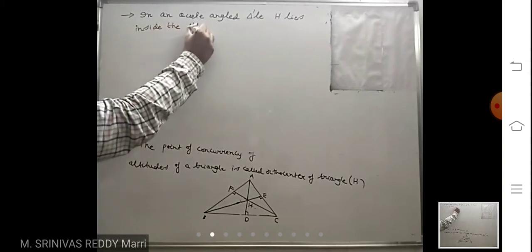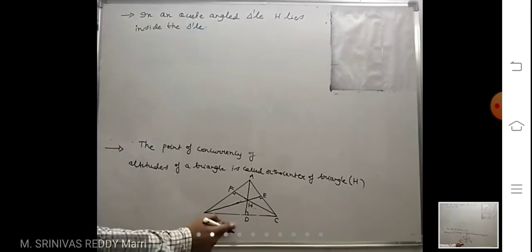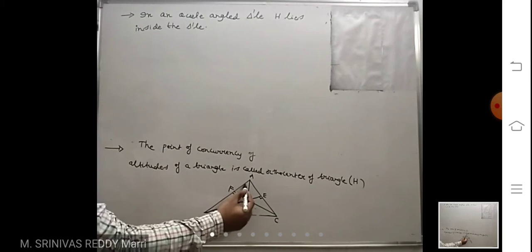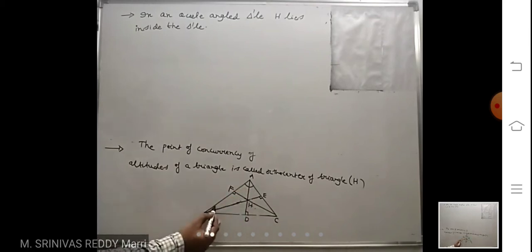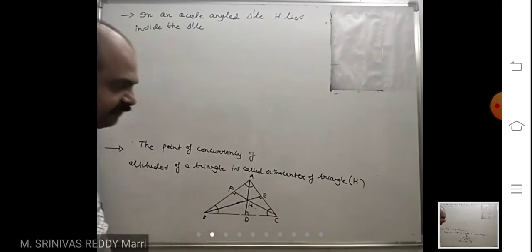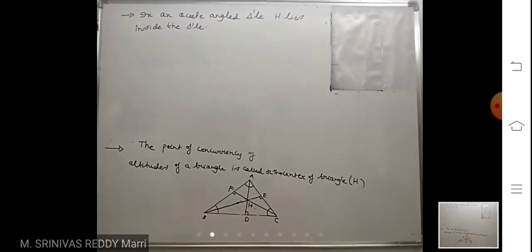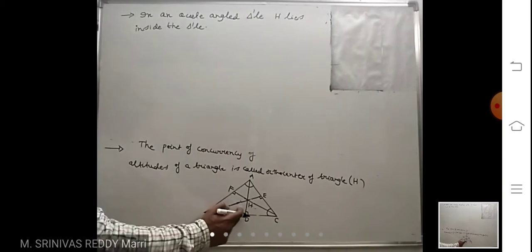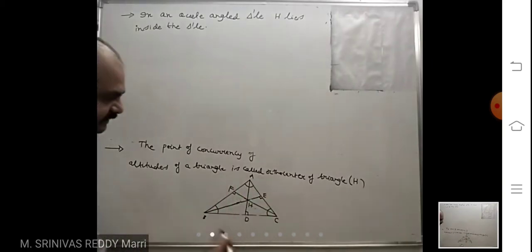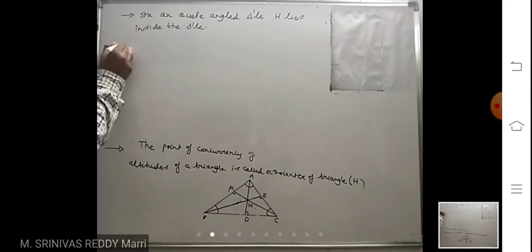Inside the triangle. Look at this, it is an acute angle triangle, whatever I have drawn. Acute angle means what? All the angles are acute angles, all the angles lie between 0 and 90. If all the angles are between 0 and 90, then it is called an acute angle triangle. So here, this point of intersection lies inside the triangle. Next point is